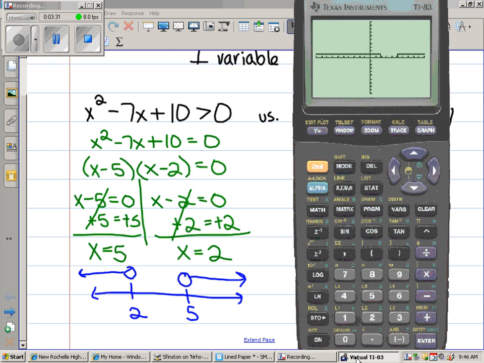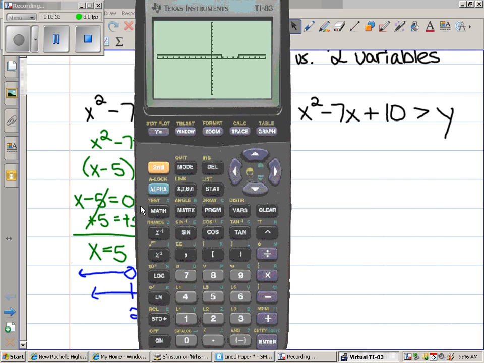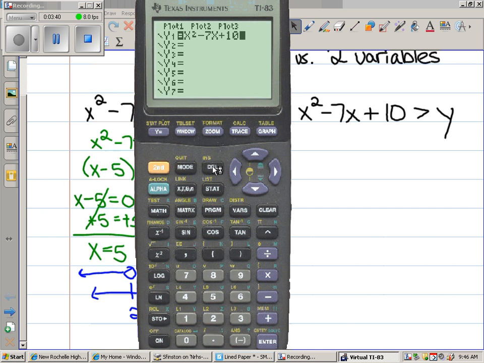Now let's take a look at what it's going to look like in your calculator. Two variables. Let's go back in here, okay? We no longer have this greater than 0 business. You have to be able to read this,